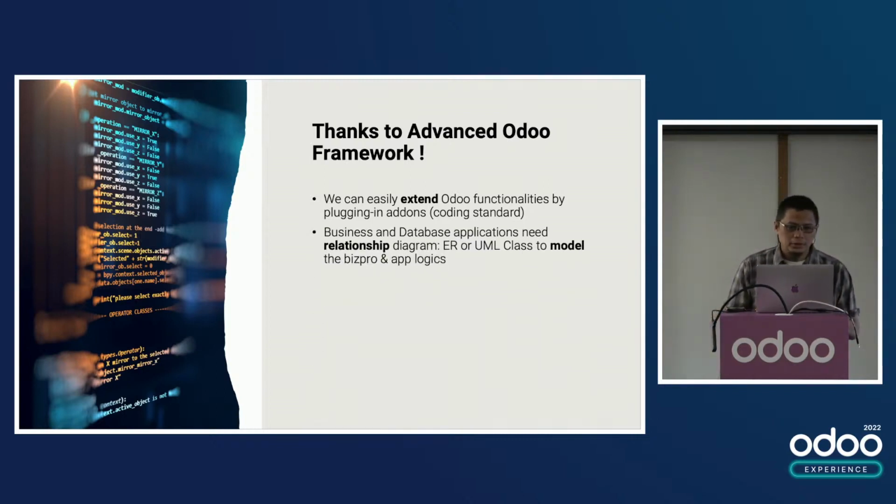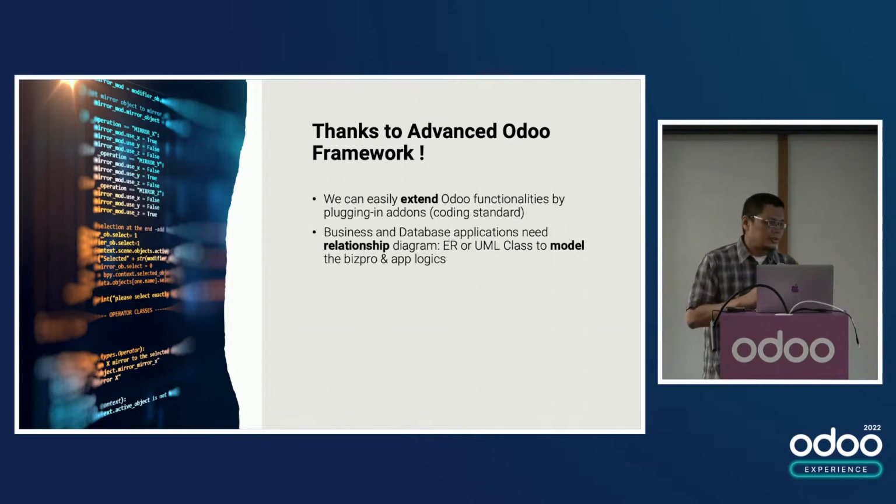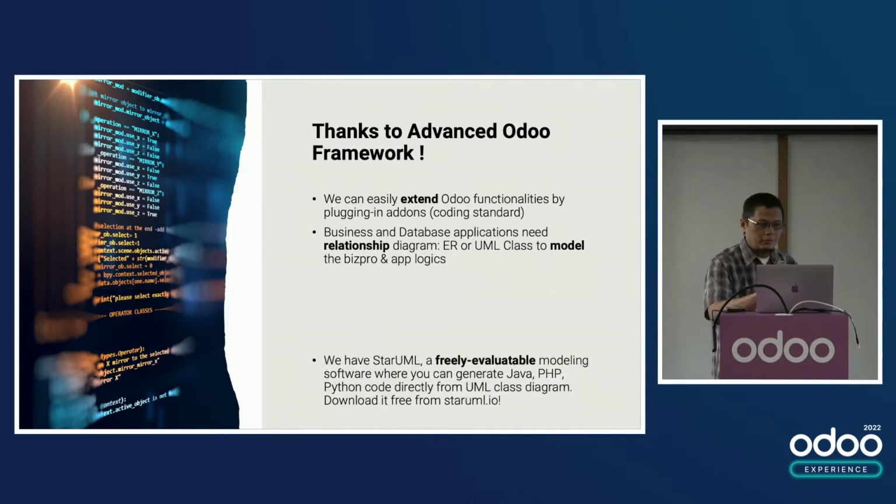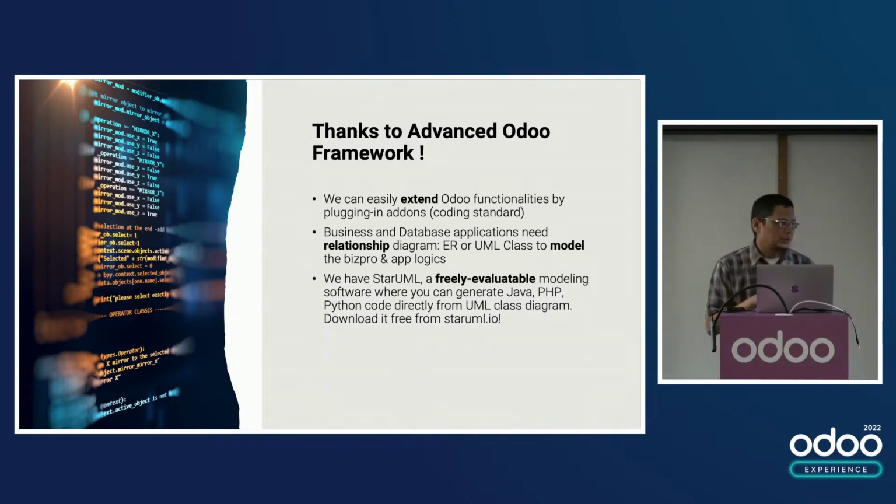Actually, all of the applications in Odoo are business applications, and actually it is a database application, right? So we need to define, to design the relationship diagram when we are developing a new application, right? Whether it is an ER diagram or a UML class diagram, to model the business process of the application logic of our application. And then we have many tools for modeling